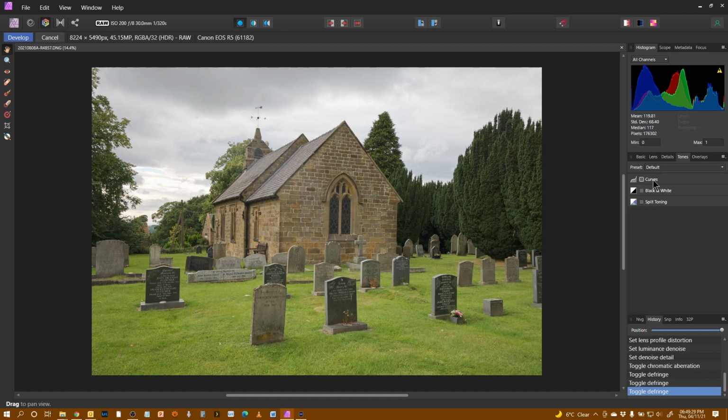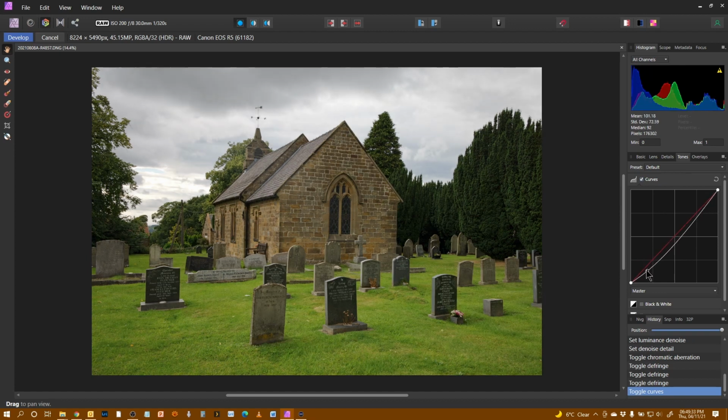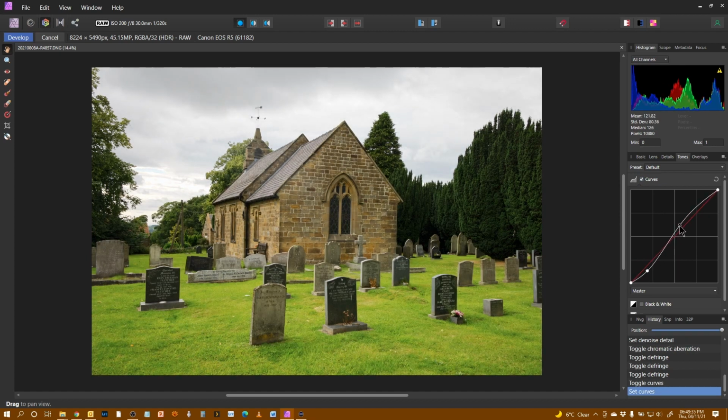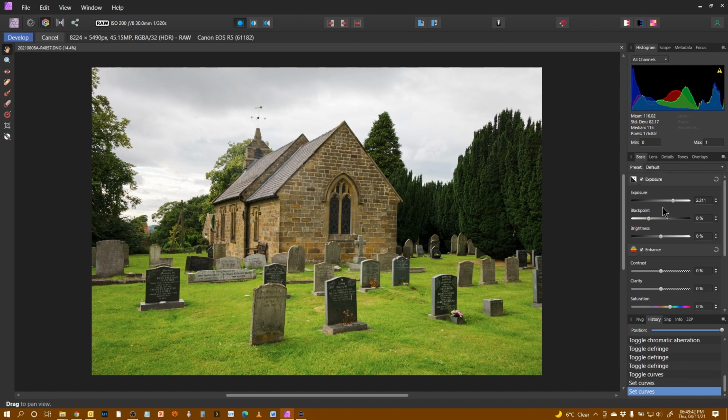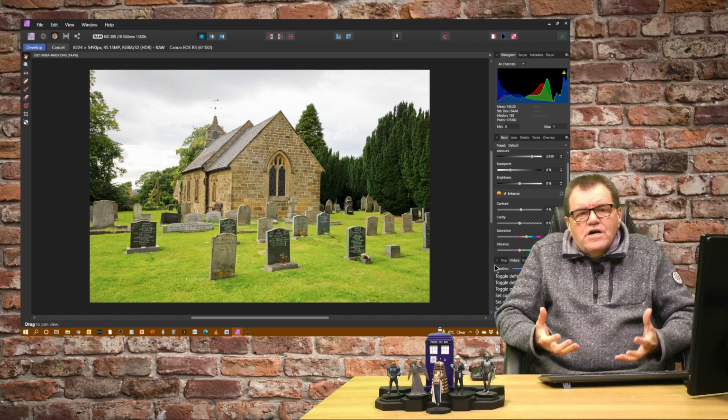I could do a curves adjustment if I want to give a little bit more contrast. Don't want to do too much on here. That just helps a little bit with it. Maybe it's still slightly dark, so just push that exposure up just a fraction on there, and maybe just a little bit on the contrast, not too much, about 3%. And there we go. Now I've done those changes,